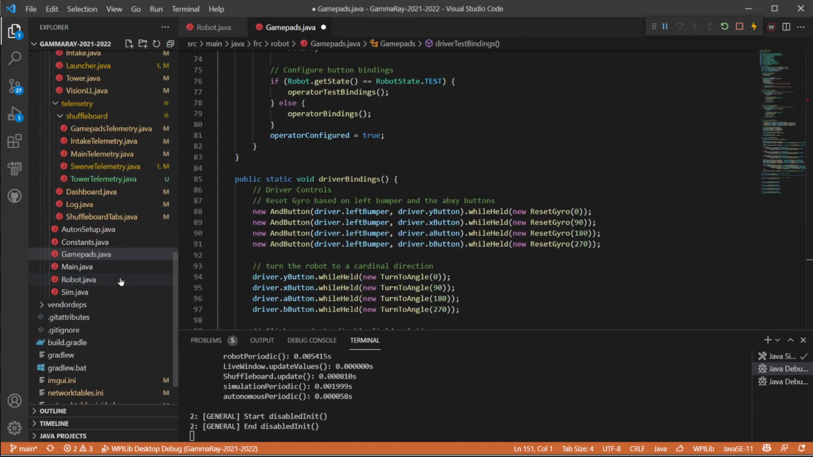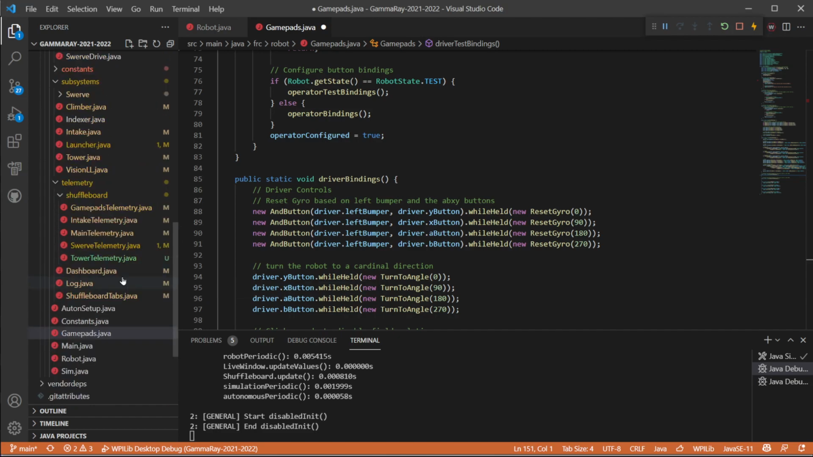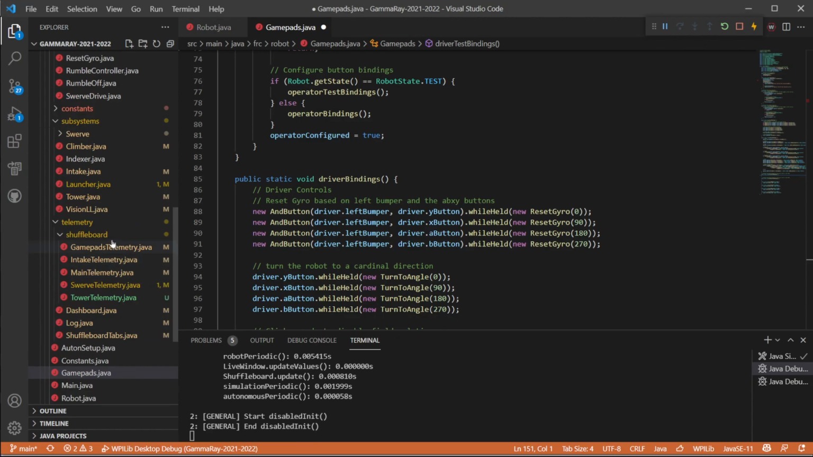Okay, so yeah, we talked about gamepads. We talked about moving things out of robot container. One of the other big things that I've been playing with over the last week or so is this folder